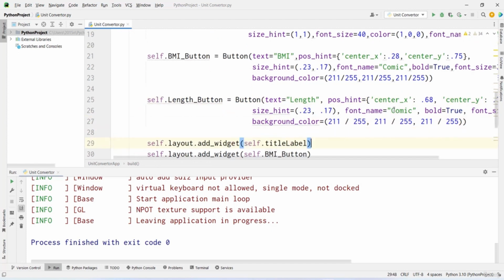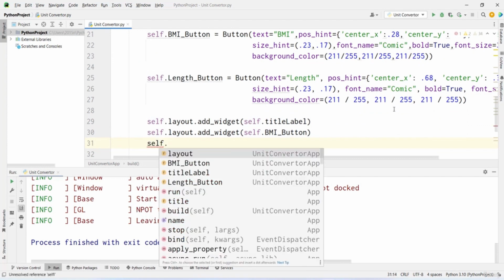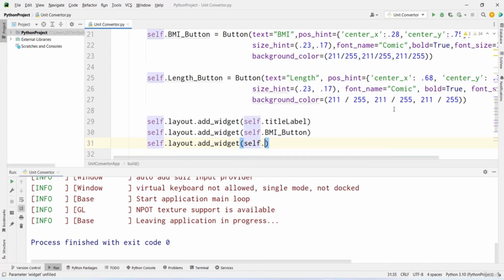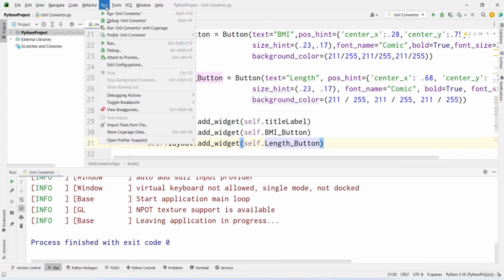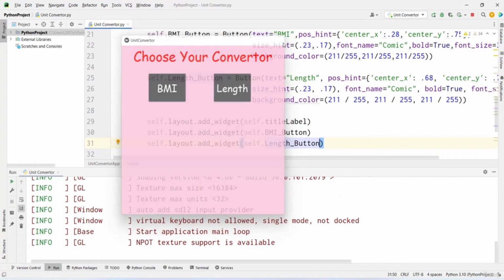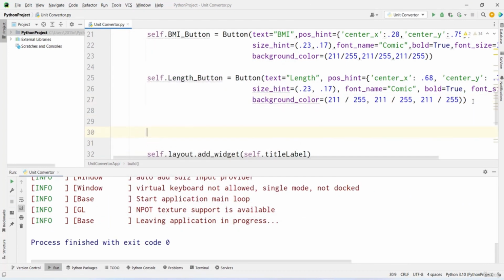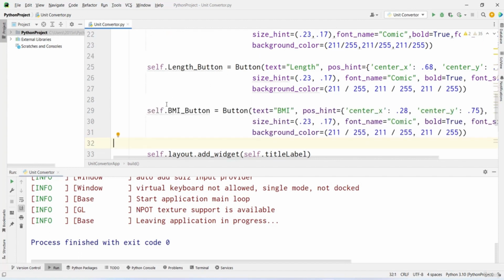And now let me first of all add it and let's execute it to make sure that we have this layout. So dot layout and length button. Okay, so now let's execute it, and now you will see this length button added right here as well. And now similarly, we're just going to add more buttons on this window. Okay, so again, I'm going to paste that code, and then the